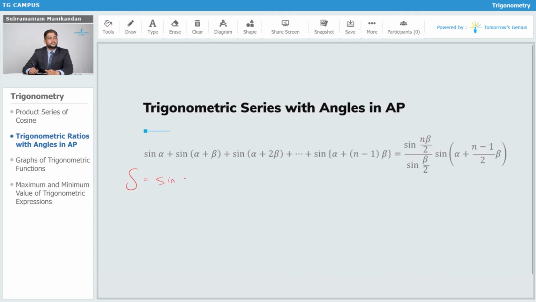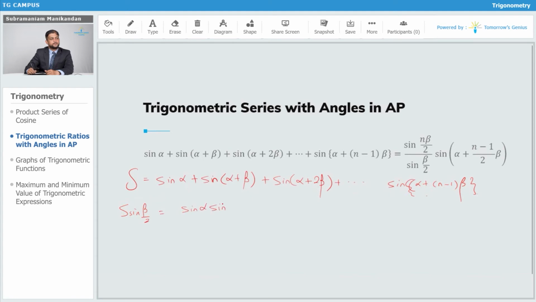How we obtain this result, just going over it, rather skimming over it, not going up to the last level of details of the derivation. So we have up to n sine terms here. So multiplying both sides by sine beta by 2, we get